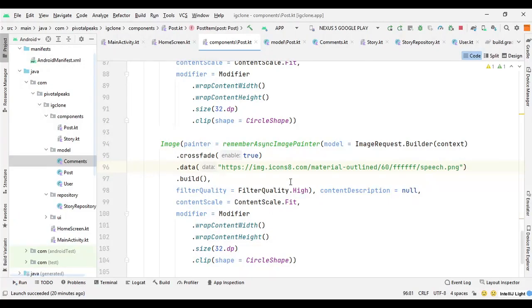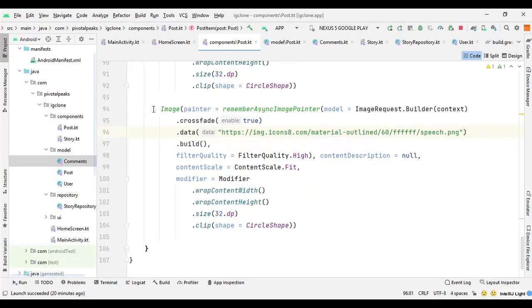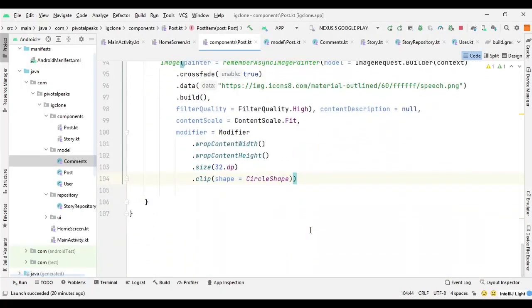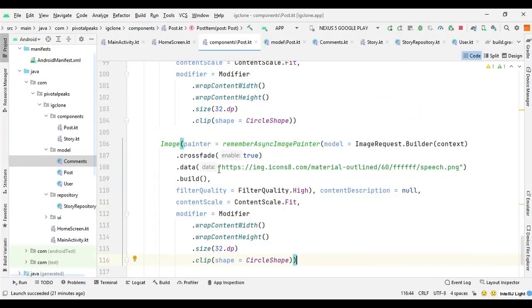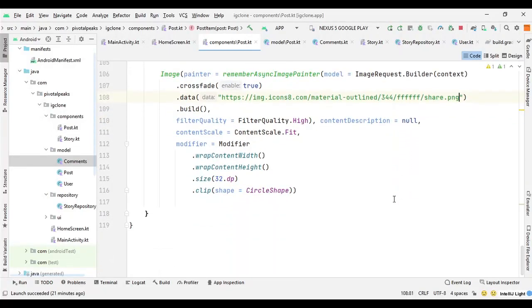And then the next thing is going to be the share icon. So let's copy it again, and again I will paste a URL from the same website. So we got the three images, and the last one is the download button or icon, which is at the end of the row. So again we can use the same trick that we used before.